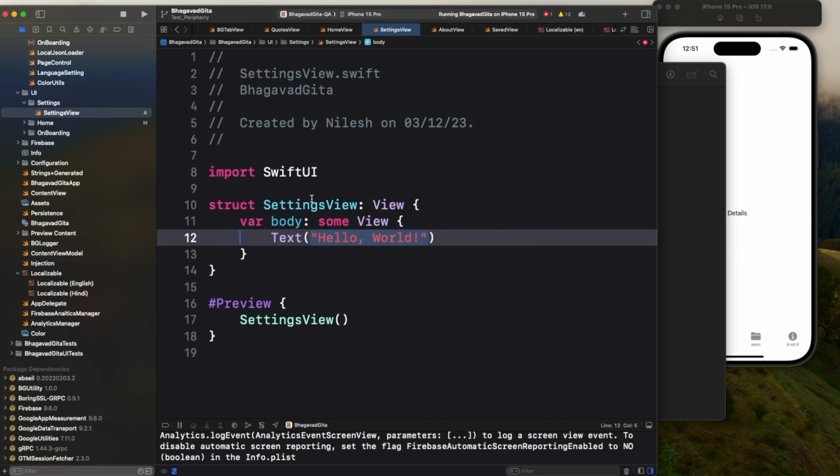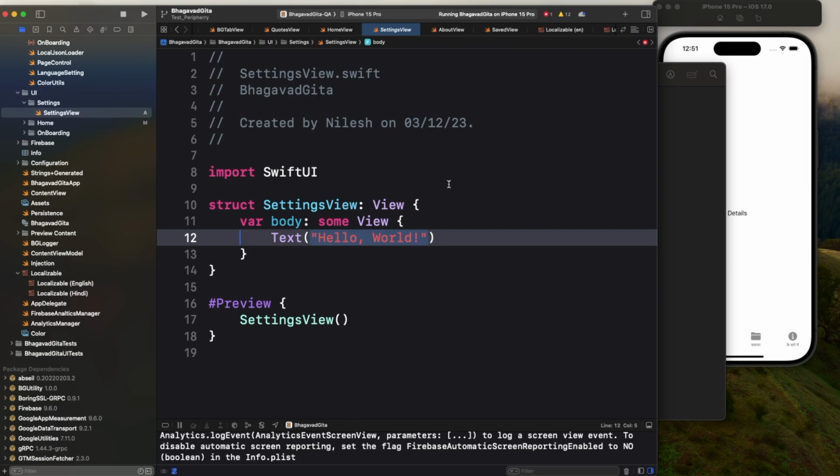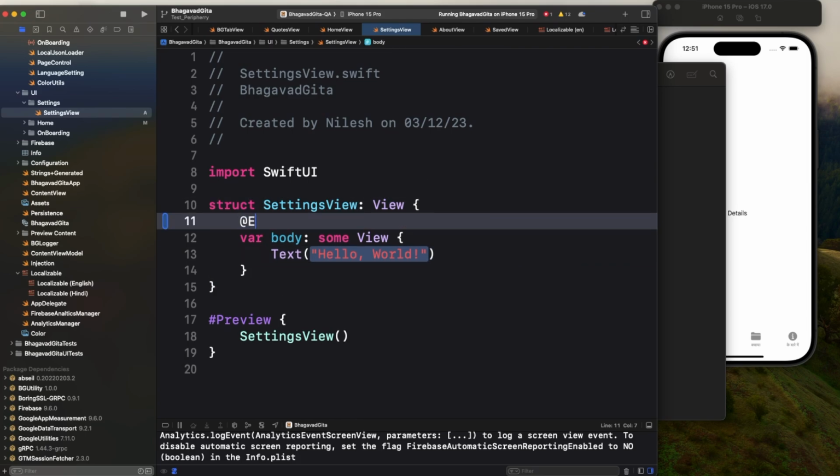So as we have to deal with the language thing, let's first take an environment variable for our language setting, because here this text will be either English or Hindi depending on what is the current language of the app, right? So what we can do is environment, and then